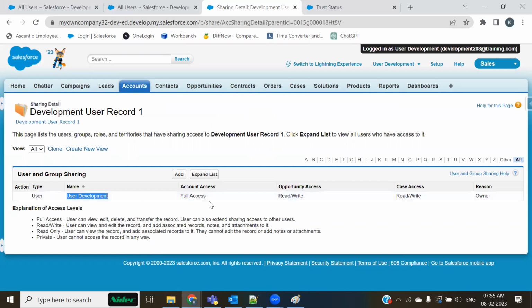Why with full access? Because he's the owner of this record. And by default, it's available to the admin. There's no need to mention the name. Every record is always available to the system admin user. That is a privilege granted to him, and we don't have to mention it. So there's no name called system administrator over here, but this is a default functionality of Salesforce that whatever a user creates is automatically available